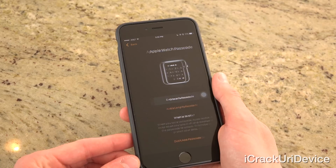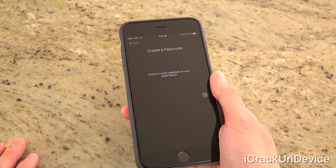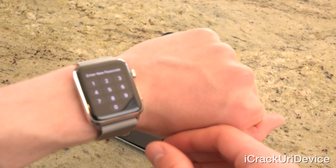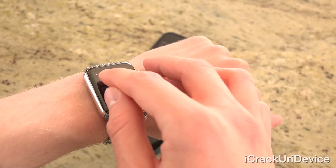I don't want to send diagnostic information, and let's just go ahead and create a passcode really quick. So it's asking me to create a 4-digit passcode on the Apple Watch. As you can see, this is the only time the screen has changed. So for now, let's just go